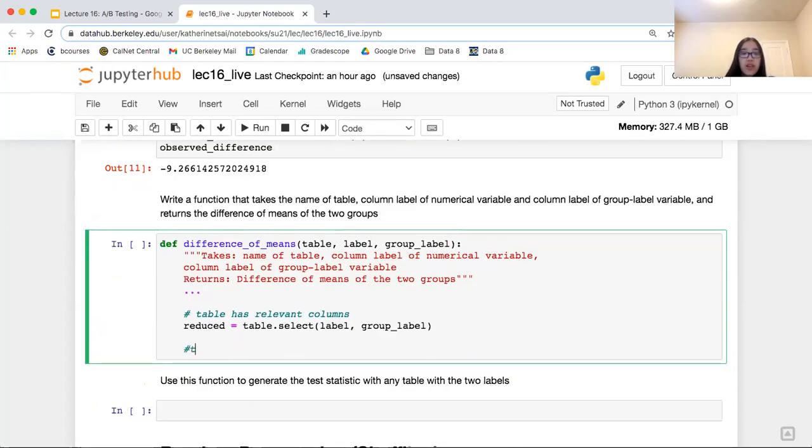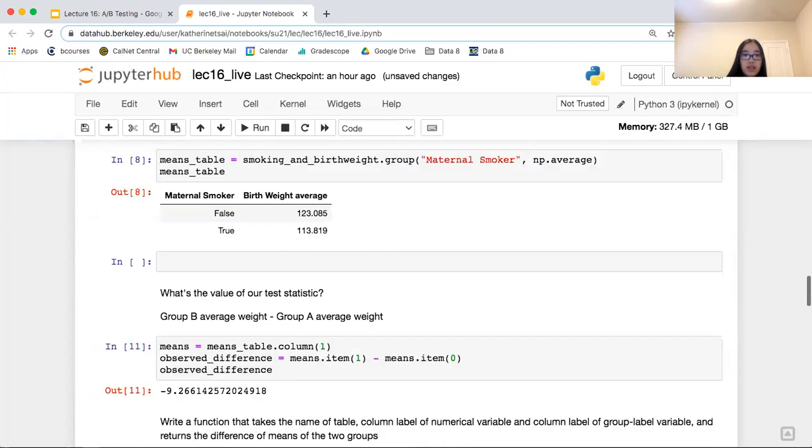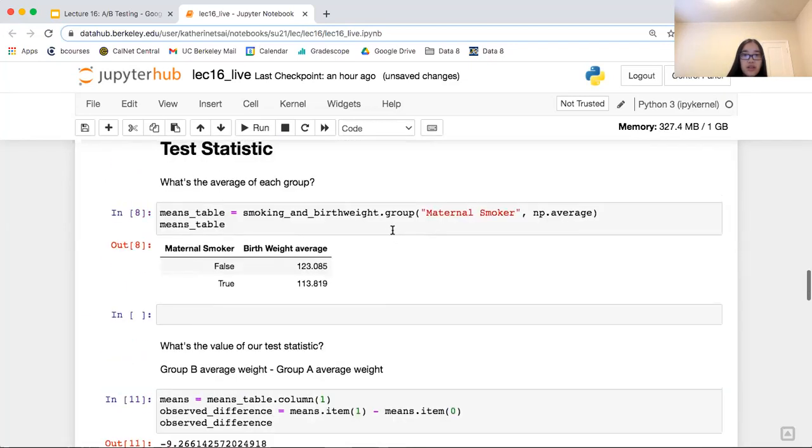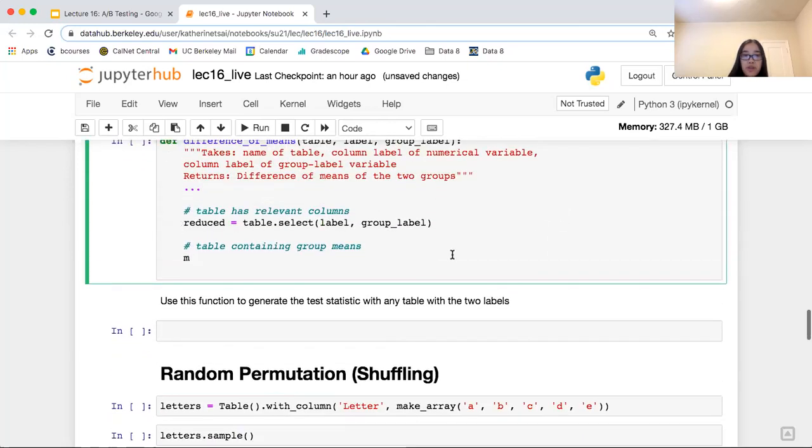And then now we want a table containing just the group means. We can do that by doing the same thing we did up here, which is table.group and then by the label, and you want to do it by average, right? So means table is equal to reduced.group.